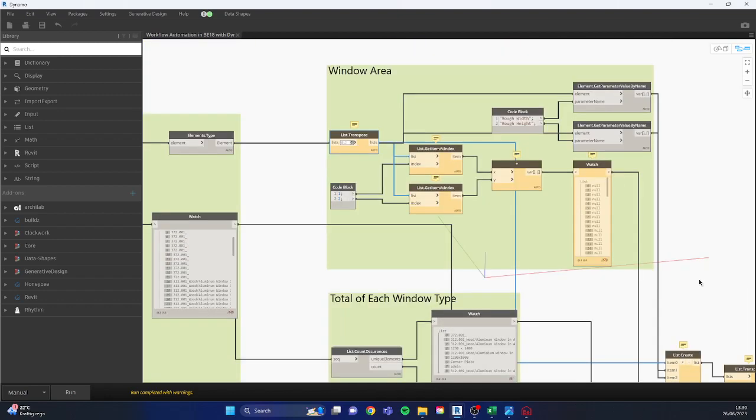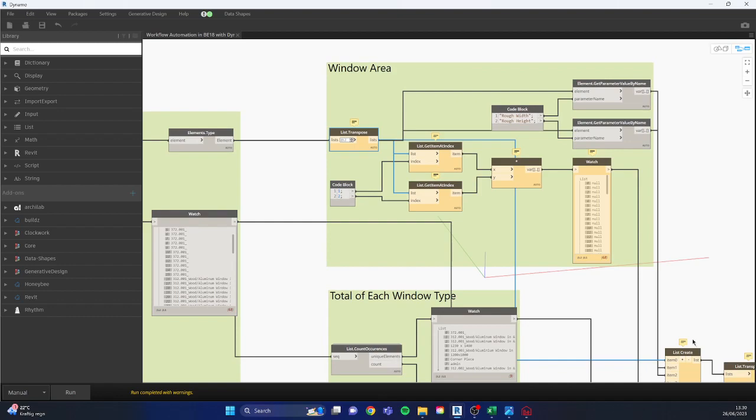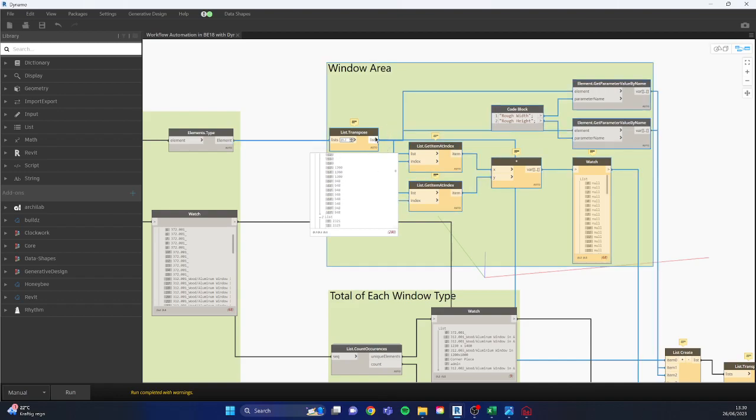So then from that list, we transpose it so that we can get two values, our length and our width, or our height. So then we use that to specifically go in and get the item at the index so we can multiply that, which then would give us our